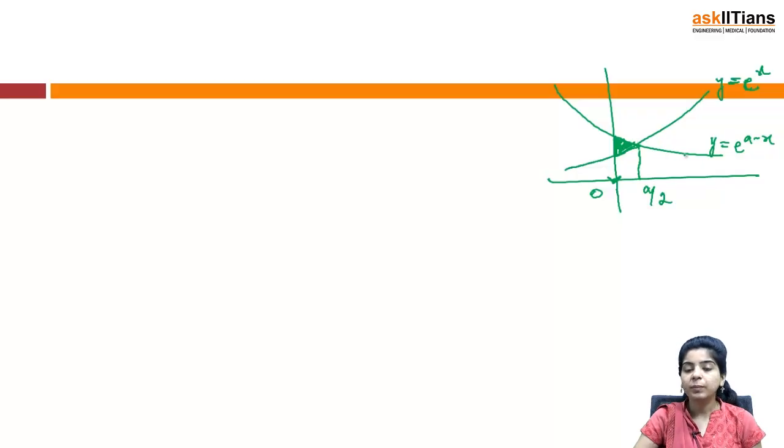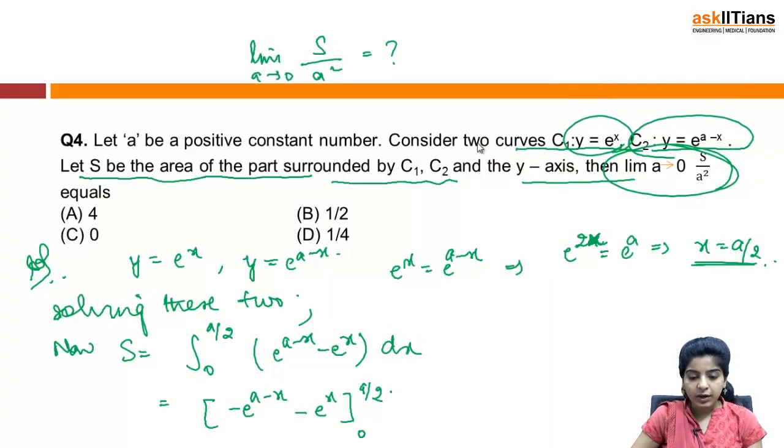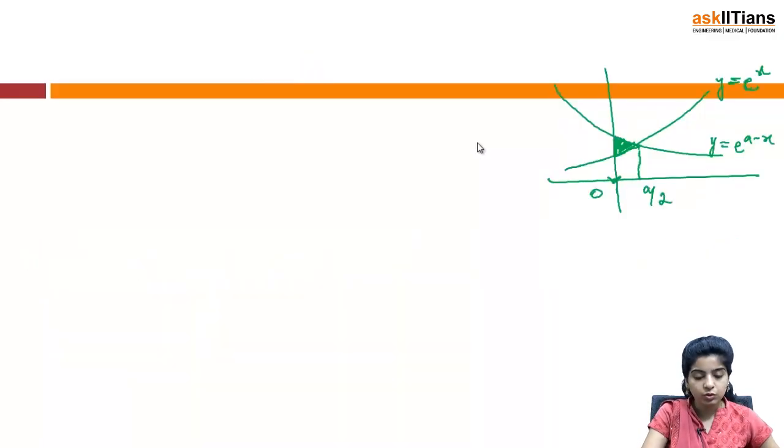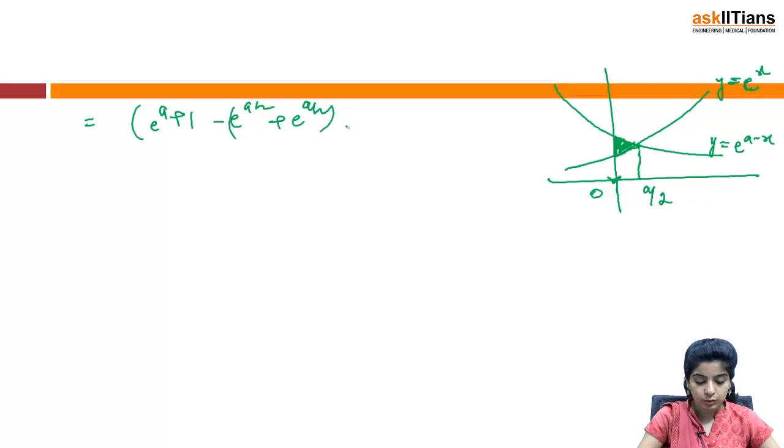So it is minus of e raised to a minus x minus e raised to x from 0 to a by 2. So this is equal to, you just need to simplify it now, e raised to a plus 1 minus e raised to a by 2 plus e raised to a by 2. This is equal to e raised to a minus 2 e raised to a by 2 plus 1,